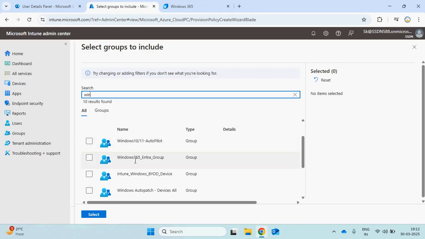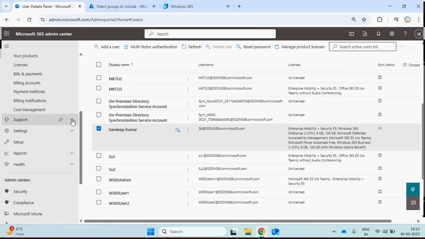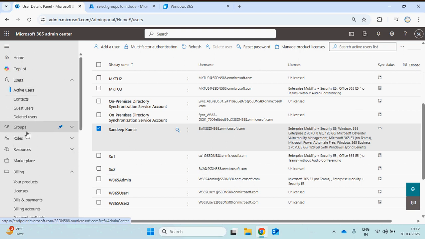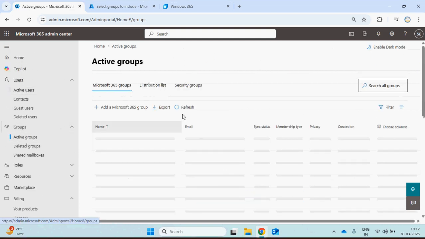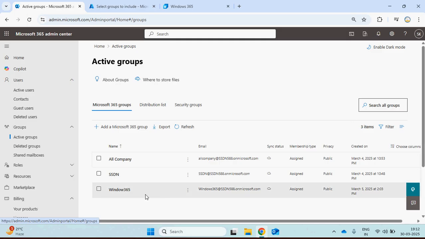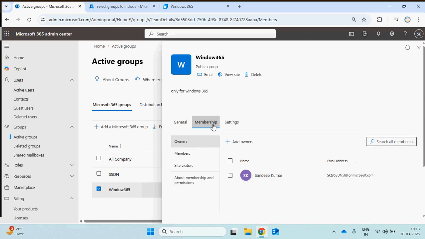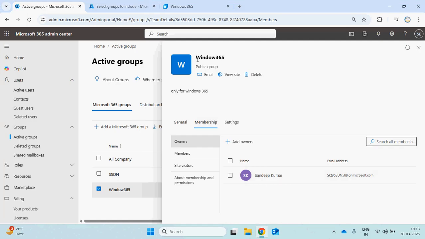If you can see, I have Intune, BYOD devices, auto patch. But currently I just want to validate all the users under that group. So I go to my groups. Let me search. We have this Windows 365, and let me see if I am a member. So I am the member.